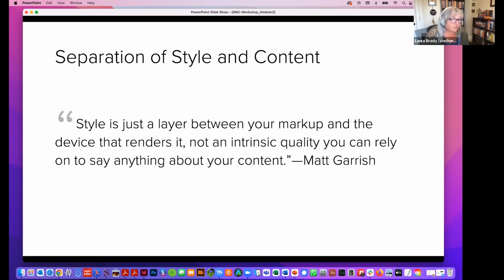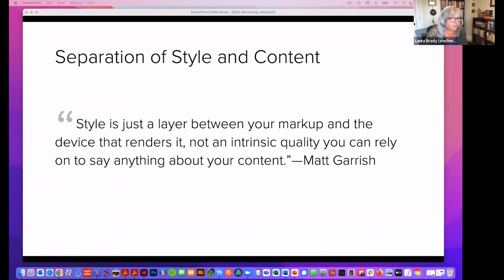The meaning of the content should be the same both with and without any styles or formatting applied. Separating styles from markup is consequently not just about keeping the CSS in a separate file from your markup, but also recognizing that the markup must convey meaning to be useful to all users, and that visual rendering is only one possible use case. So I'm going to quickly